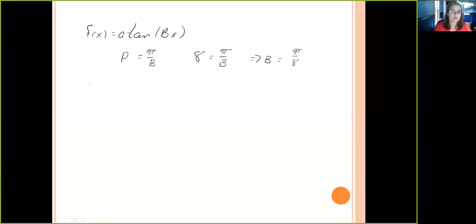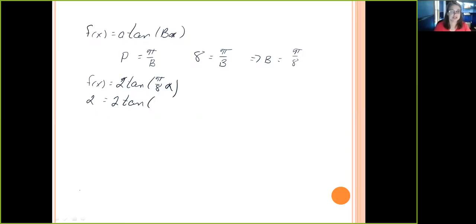So we know right now that my function is equal to a times the tangent of pi over 8 times x, and I should be using alpha. There we go. That's better. But I also know the point (2, 2) is on my graph. So 2 is equal to a times the tangent of